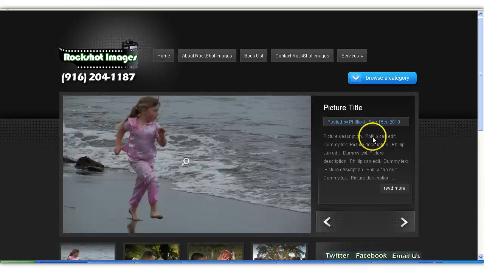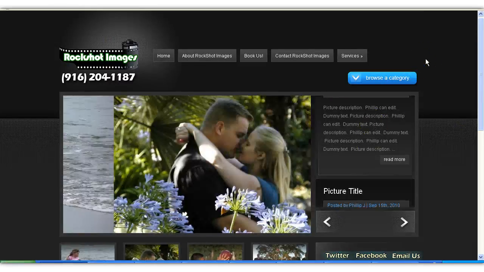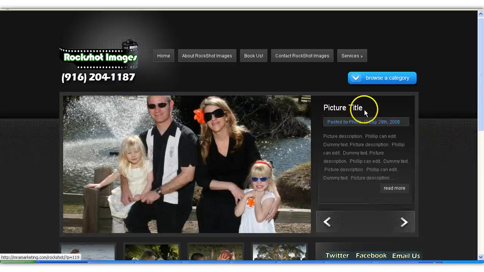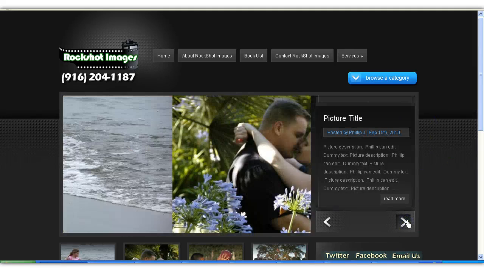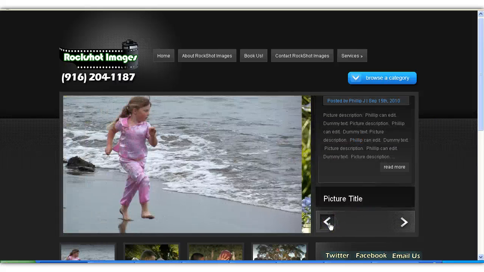Now, here what I've done is I've added a really nice little slideshow. This rotates, as you see, every few seconds, and it goes through different pictures in your gallery. And for each one that scrolls, you have a picture title. For example, this picture title could say Happy Family at the Zoo. And then the other, if you click these arrows, you can scroll through your entire portfolio,